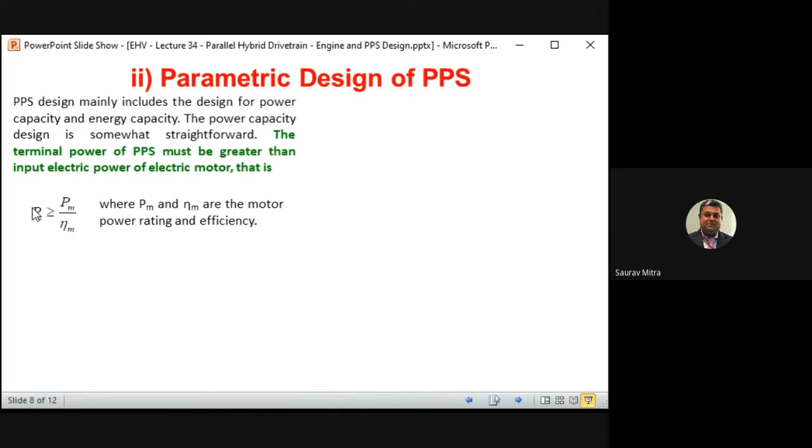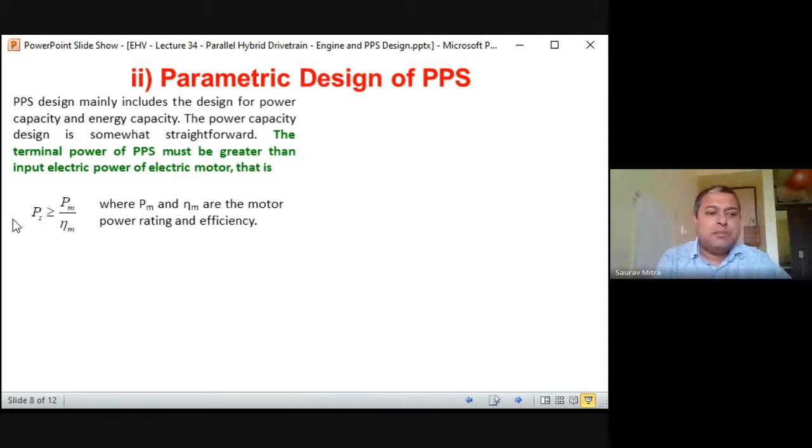So this PS is nothing but PPS. This power is the battery power which is coming to the vehicle, and this is actually running the motor. In that case, the PPS has to give 100 divided by 0.9. So 100 is the unit of power required to drive the motor, and the motor is running with 90% efficiency. That means it will be taking more power and producing less power. So it will be 100 divided by 0.9, 111. If the PPS produces 111 units of power, the motor will be running with 100 units of output power. So very important thing.